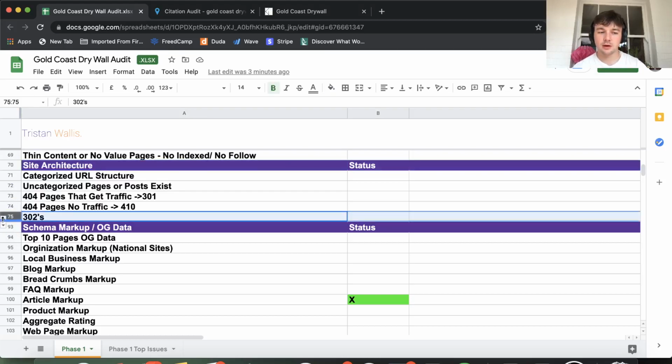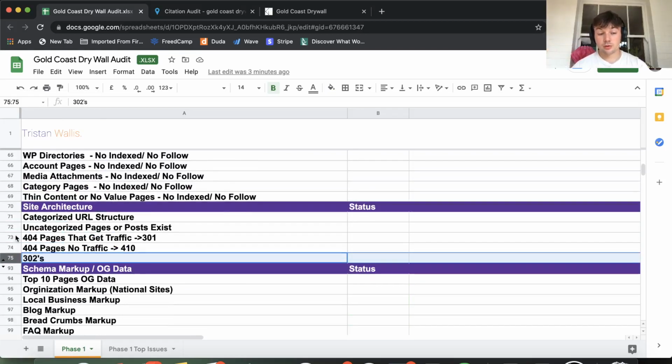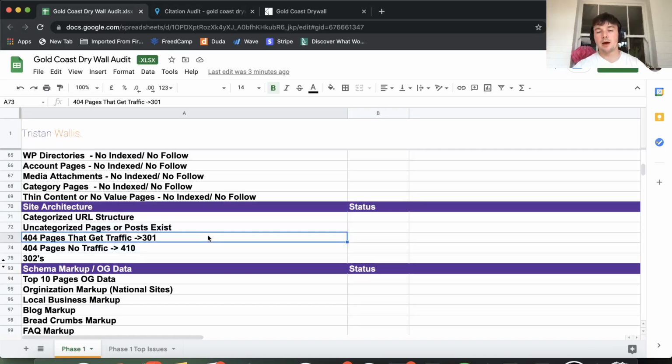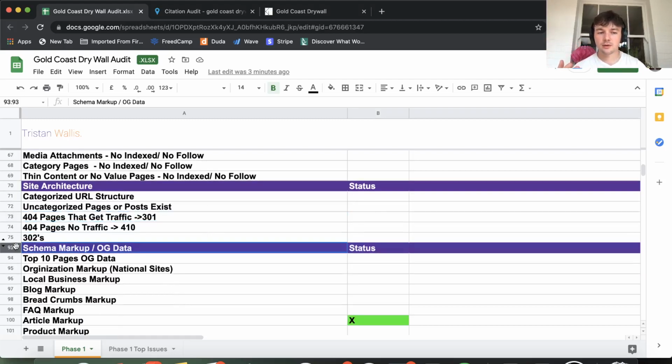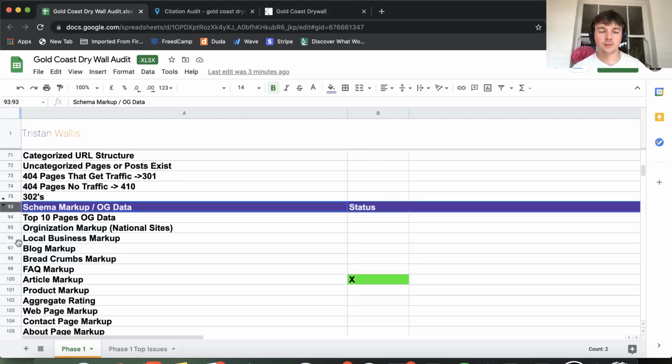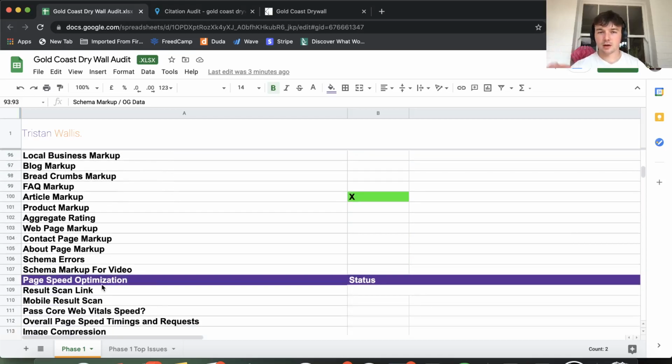So as you can see here, it shows you that we've hidden a couple already, but what we'd usually do is, for example, Google Analytics, right? We highlight all of their columns and their different features, and we just go hide rows in here, and that would just make things a bit easier for us, a bit more organized and a bit more clear for the client when we send it over to them. So a quick tip: if you do have this checklist, simply just hide the areas that you aren't using, that you aren't looking at for that specific SEO audit, and this will make life a bit easier for you and